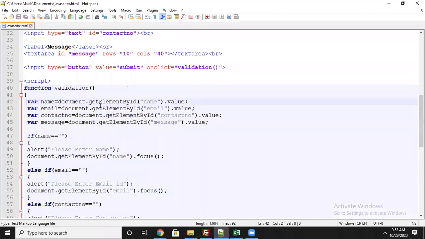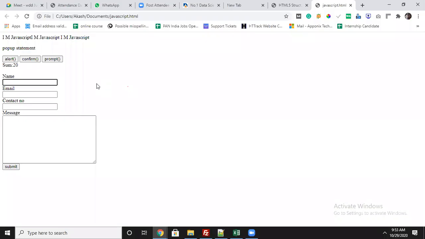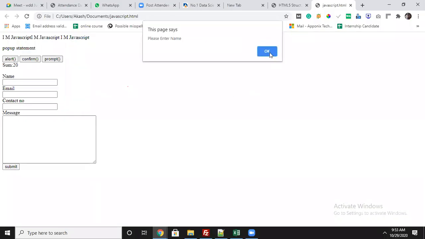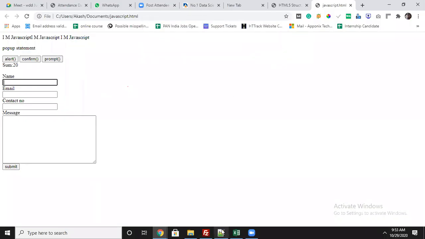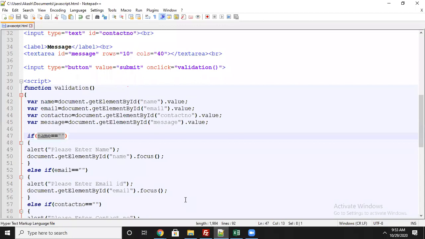In the first four lines, I have captured the input values from there. How is it checking whether it is empty or not, based on the variable? You see here I am checking with an if condition: if name is equal to empty. Empty means no input there. Then it shows the message please enter the name. After clicking, the user is told please enter the name, and you can see immediately it is focusing here. That focus function I have also written here.